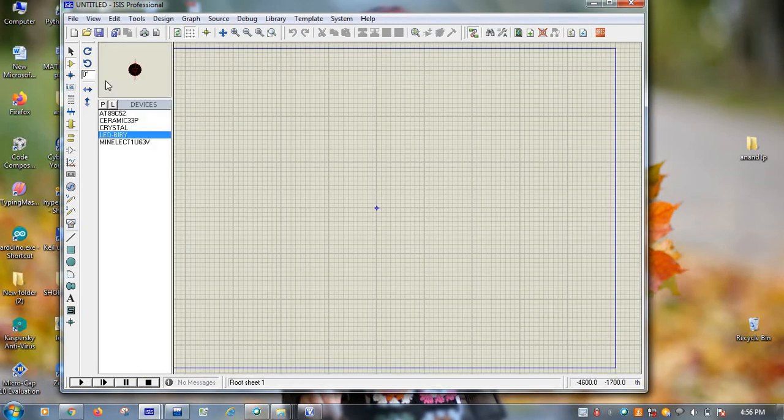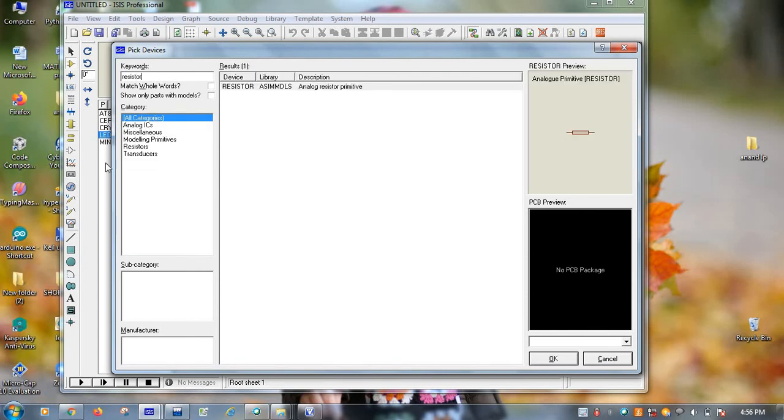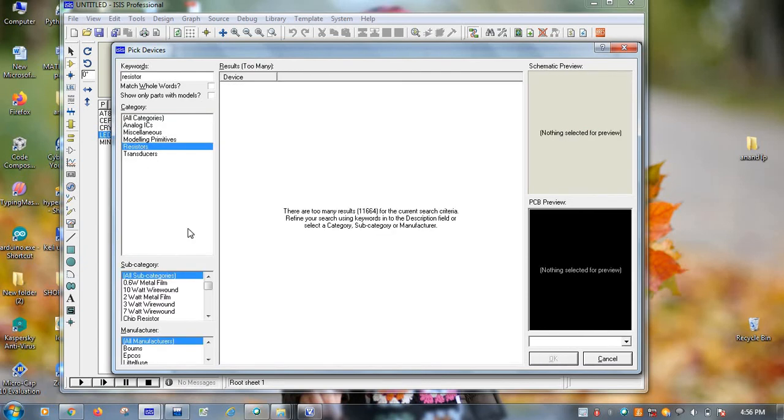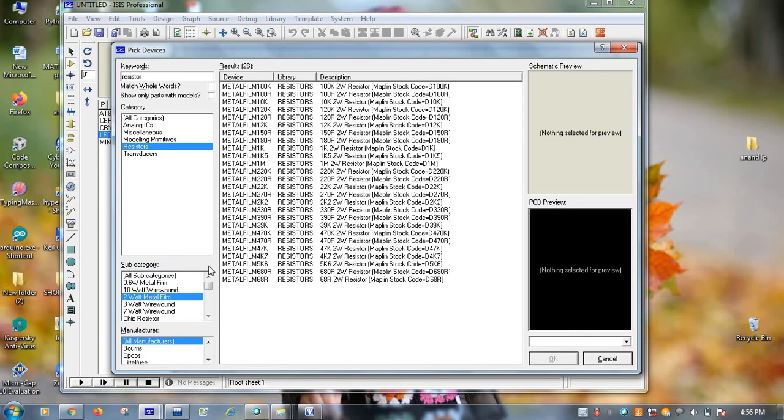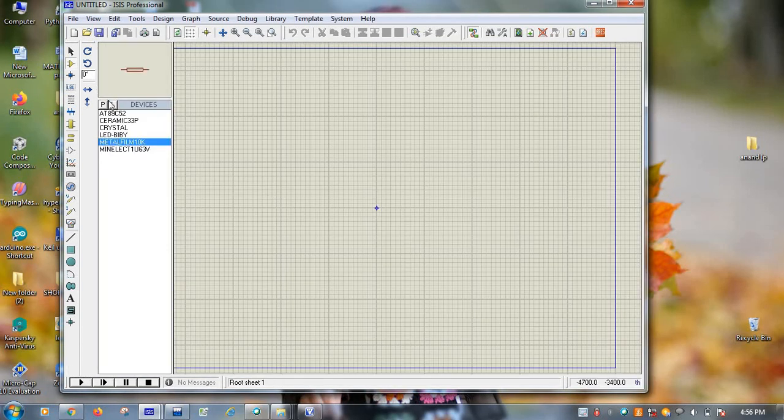Next, lastly, we need a resistor. So resistors. I want 10 kilo ohm resistor. I have it, and this is how it looks. And next, I want 470 resistor.